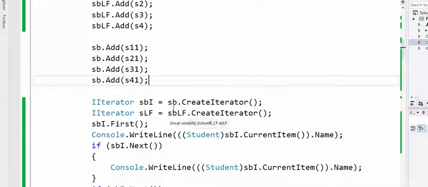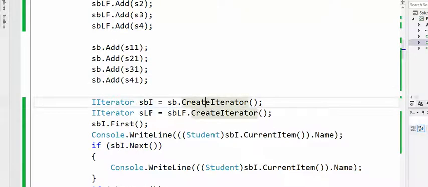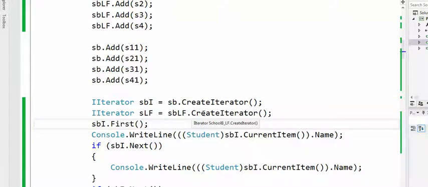So here we have the iterator SBI, which is a regular iterator, and for the last to first aggregate object, the create iterator creates another iterator which moves from last to first,